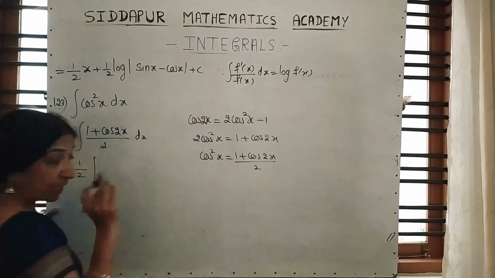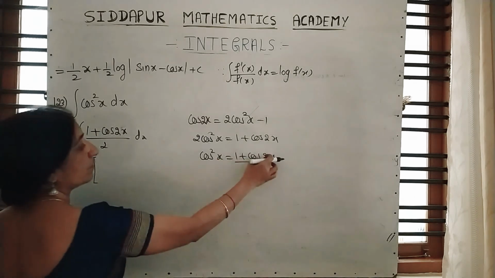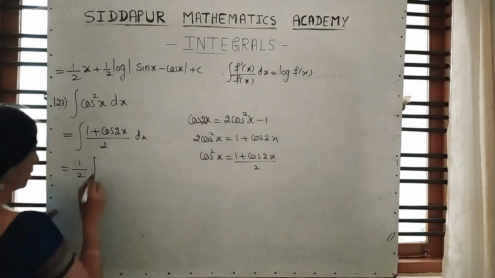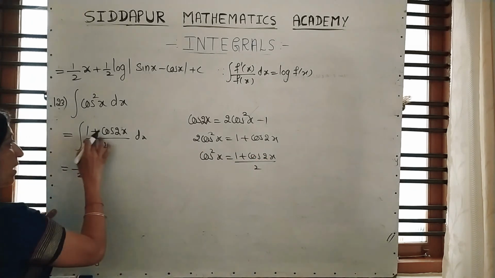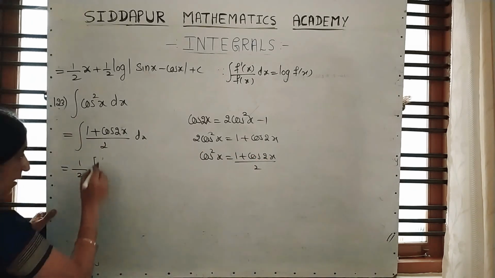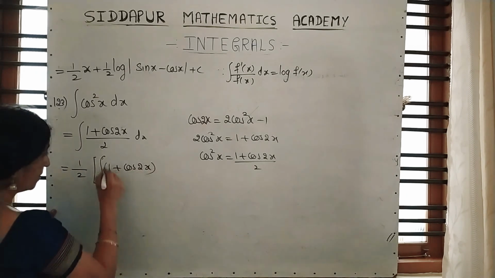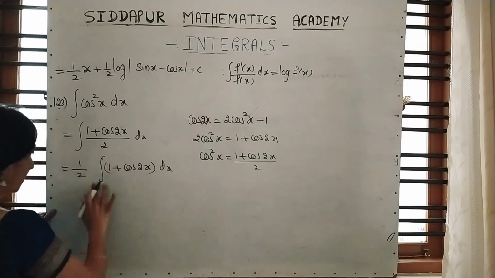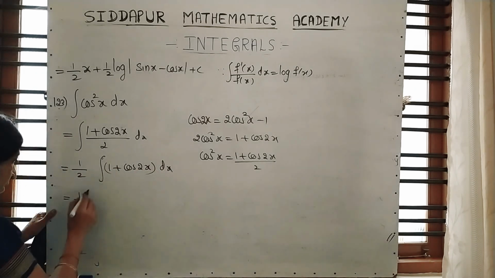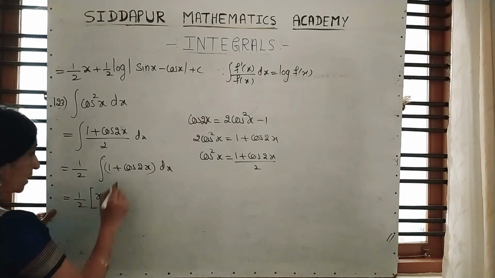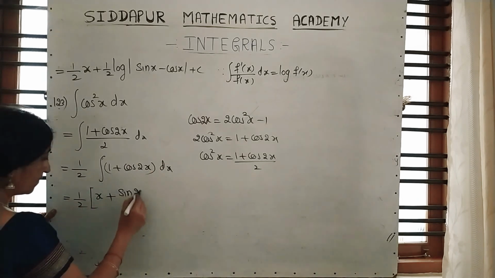And remember, the basic concept is whatever is the angle, it becomes double. If it is 2x, it becomes 4x. This 2 will be constant as it is. Now what is remaining? 1 plus cos 2x is remaining in the integration. Yes, 1 by 2 as it is in the bracket. Integration of 1 with respect to x is x. Integration of cos 2x is